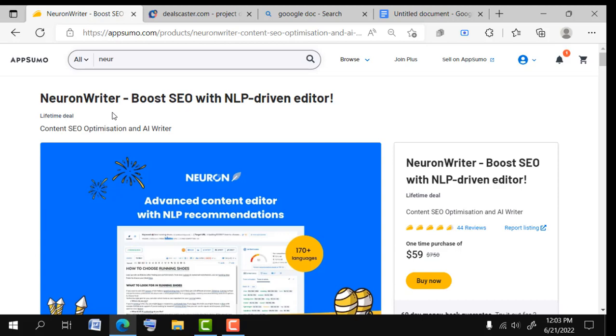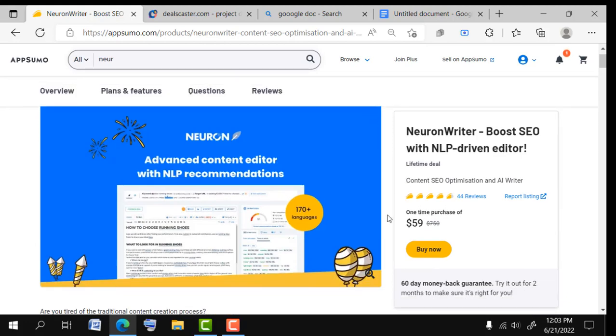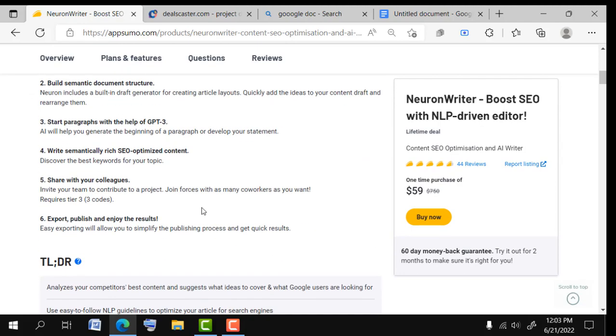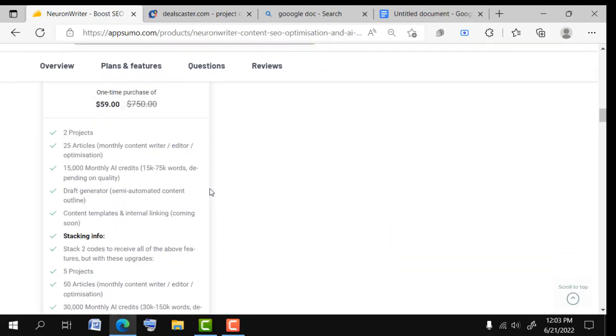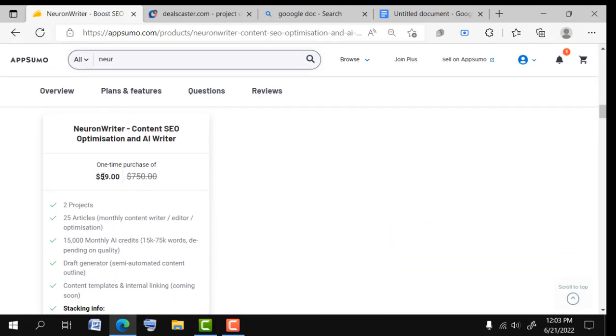As you can see, NeuronWriter boosts SEO with NLP-driven editors. It's a one-time purchase of $59, so for lifetime access you can get NeuronWriter for $59. Here is the NeuronWriter pricing plan. With $59 you can add two projects, meaning two websites, and you can